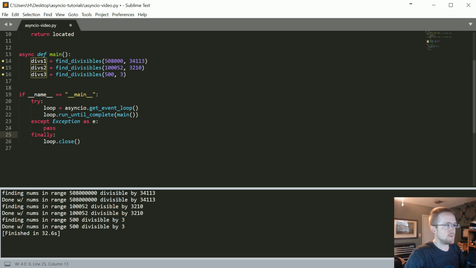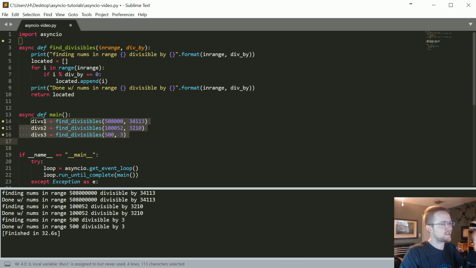Anyways, now we've got the loop. Now what we have to do is insert stuff into that loop. All it's going to do right now is run the main coroutine, but the coroutine is still running these functions synchronously. It still says just run 1, 2, and 3. Instead, we want to add them in. So rather than just running that function, we actually want to say